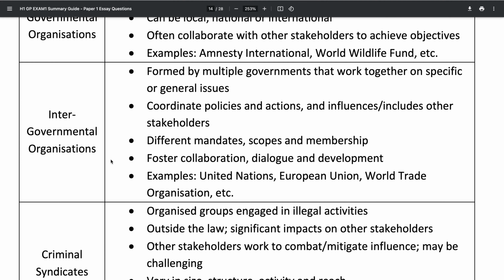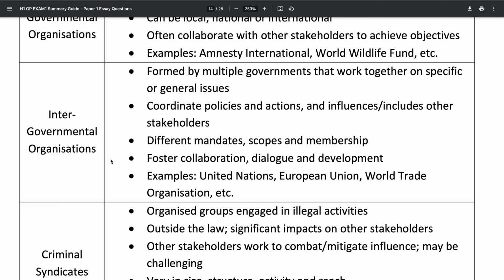IGOs are your supranational organizations, which means organizations like the UN, EU, WTO, stuff like that. It means that multiple governments come together to work on specific or general issues, right? Different IGOs have different mandates, different power. For example, the UN has the power to send in peacekeepers, to demand resolution or to impose